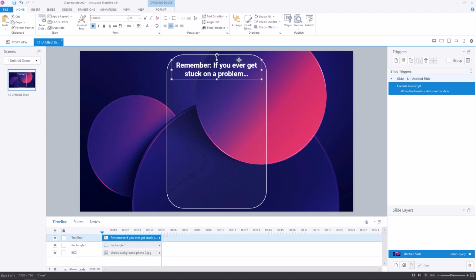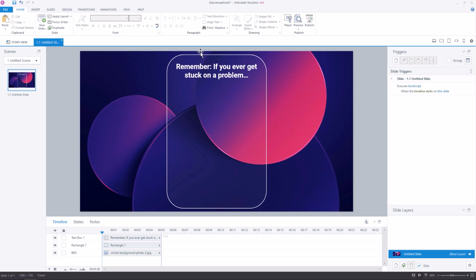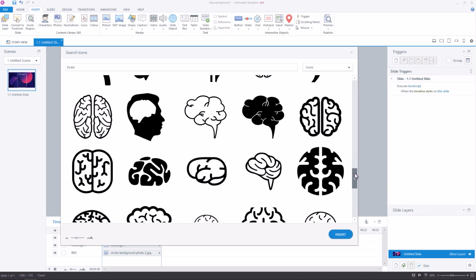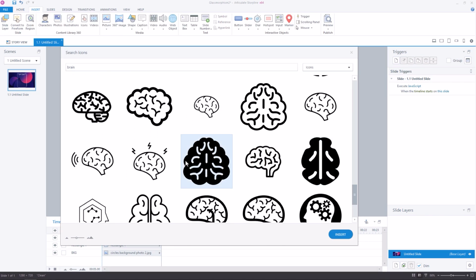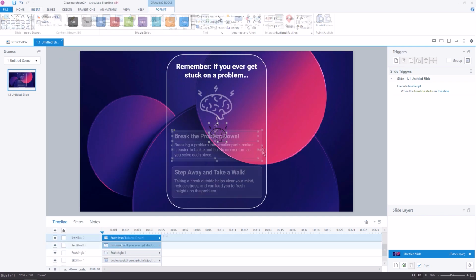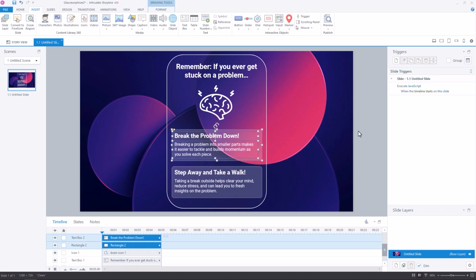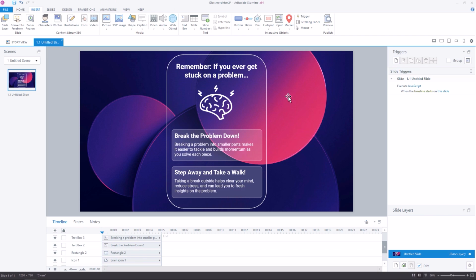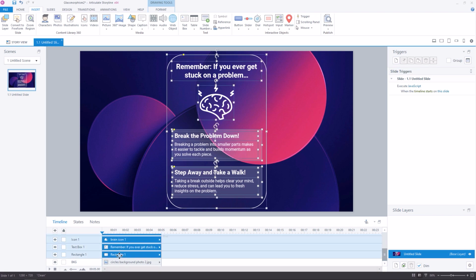So let's turn this whole thing into a summary top tip box here with some additional text fields, an icon from the Content Library 360, and some additional rectangles with text. I'll bring everything together into a group by holding Shift and selecting everything from top to bottom here in my timeline, and right-clicking to create my group.